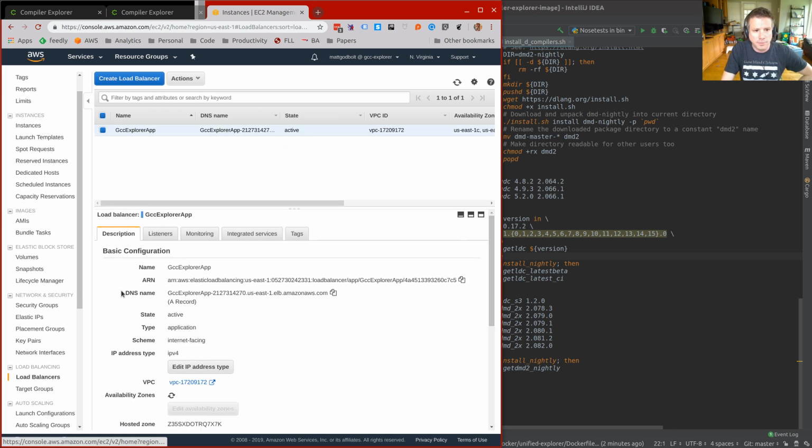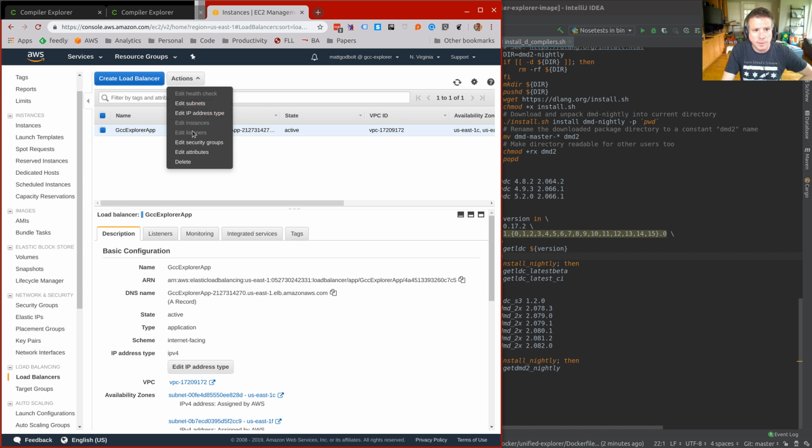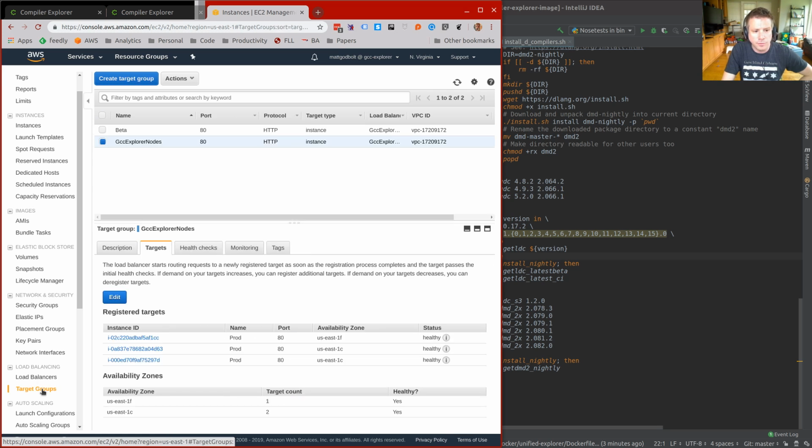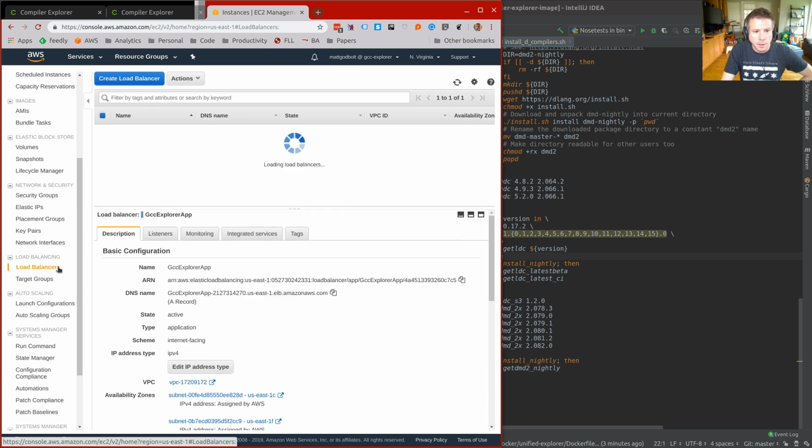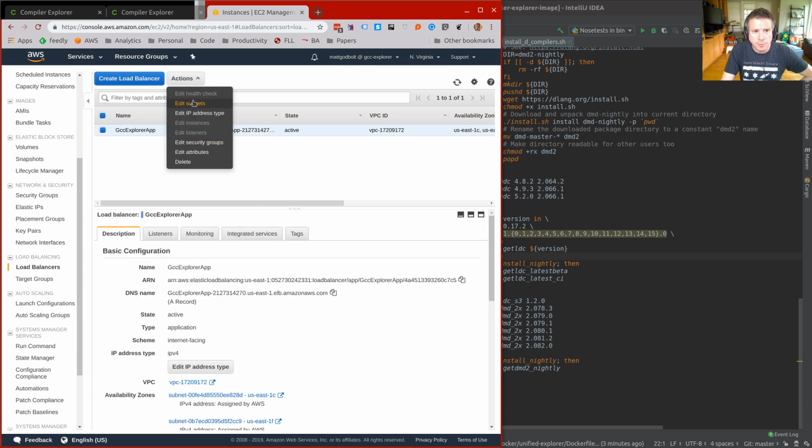So let's go back to the load balancer and remind ourselves. Edit attributes. So where is the magical thing that tells me how a target group is routed to? There is somewhere a configuration pane, and I can't find it. Security, boot attribute, subnets. Okay, well, let's attack this from the other point of view. I don't actually use the UI to configure this. I used to, and it was error prone, and it's definitely something I clearly forget how to use.